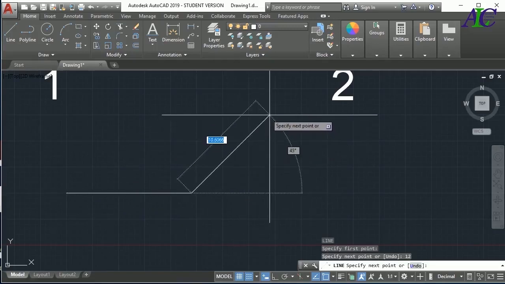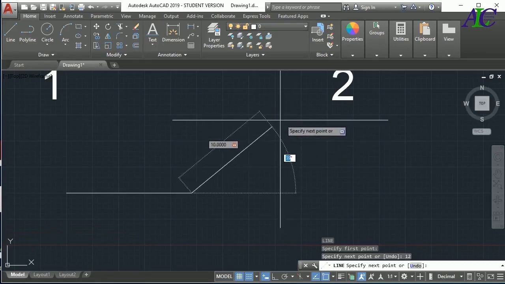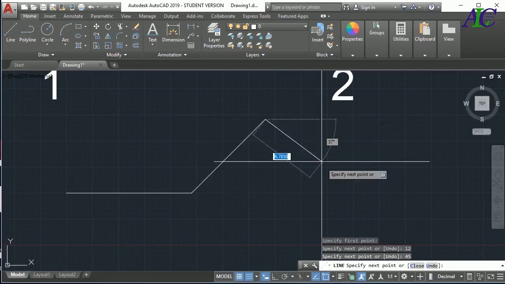Also you can draw a line with a specific angle, like the length of the line and the angle. So now I'm going to draw with 10 length and then click tab and then specify the angle, maybe 45. Okay,